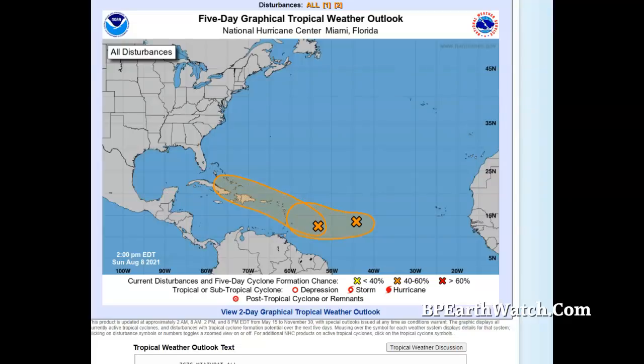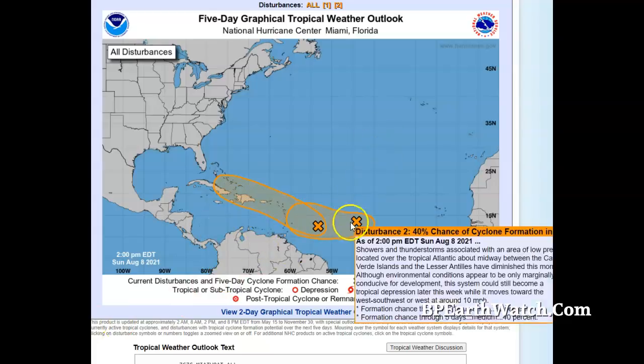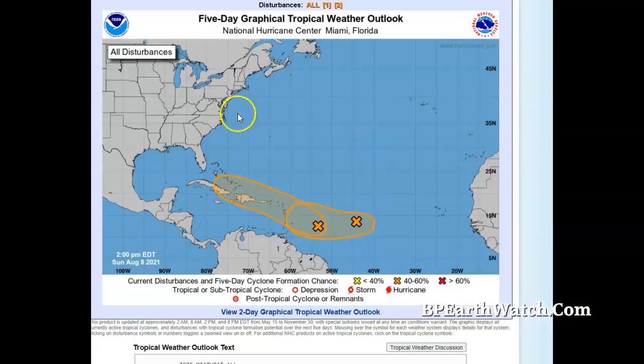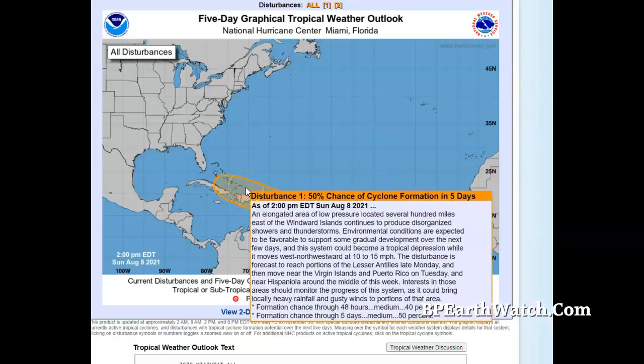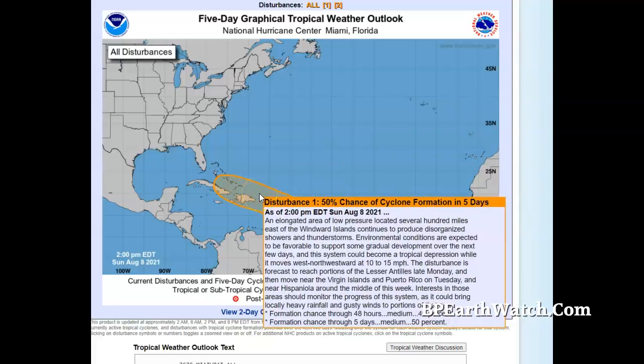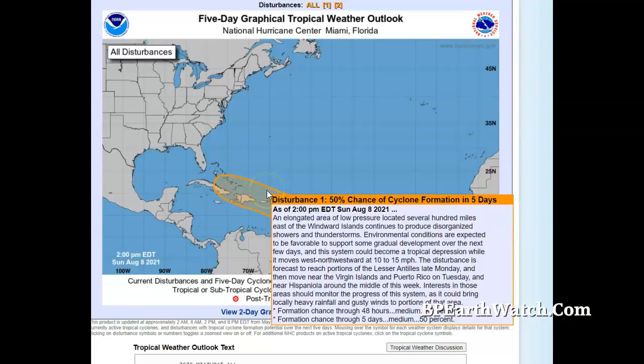Now, this is the latest information coming from the National Hurricane Center in Miami, Florida. It's a 5-day outlook. Your rear storm here has a track that's going to turn it slightly up a little further north than the first storm. It's a 40% chance of development. But right now, this storm right here, called Disturbance Number 1, or Invest 94L, has a 50% chance of development in 5 days. An elongated area of low pressure located several hundred miles east of the Windward Islands continues to